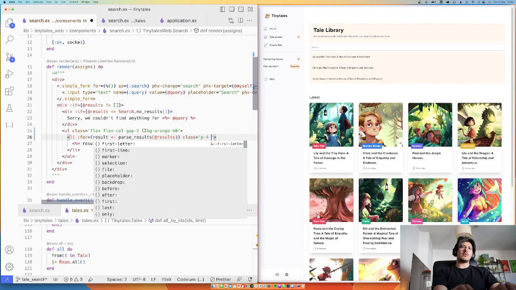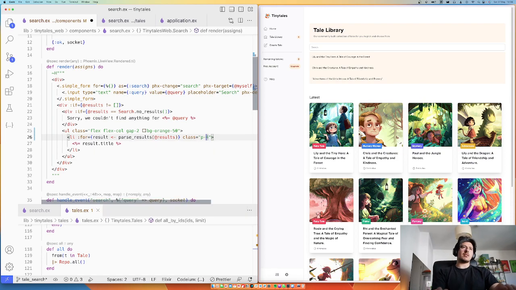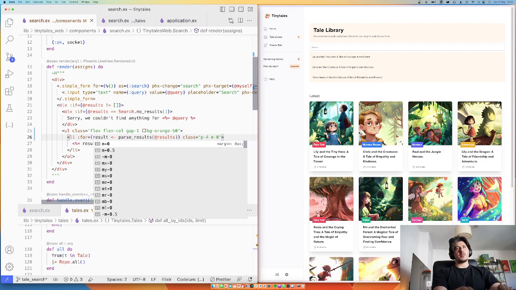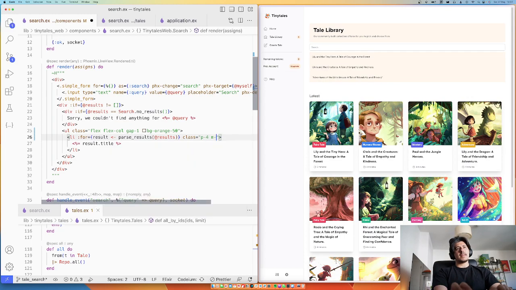So P4, but I've already got the gap, so let's do P. Actually, we don't need. Do we need the gap? P1. Let's do gap 1. P4, M0. Right now, I'm only rendering the title. Let's do more than that, right? Let's render the title, the image,